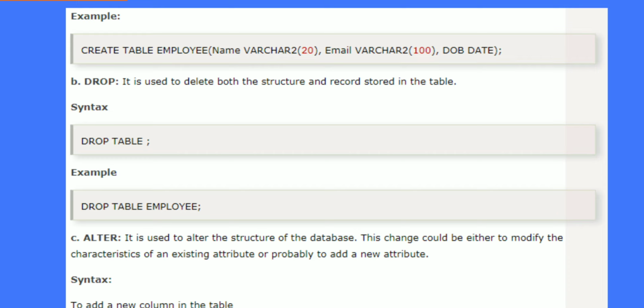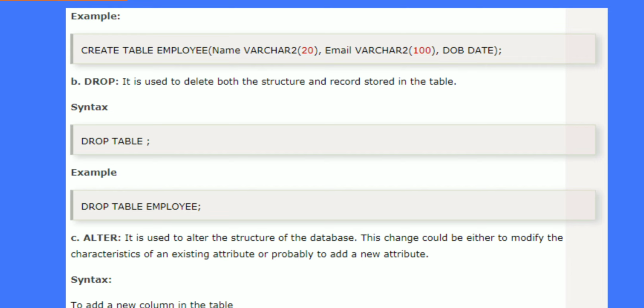And email varchar2(100), so the email ID maximum size is 100. And date of birth is date; there is no need to specify the date format. When you give a date of birth, it is automatically taken in the system date format, like DDMMYY. It is for creating a table.